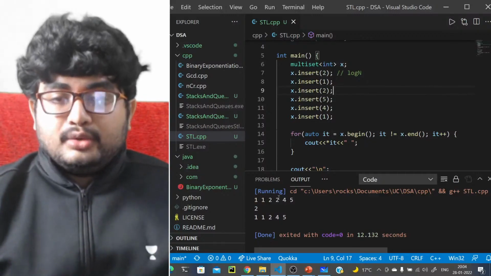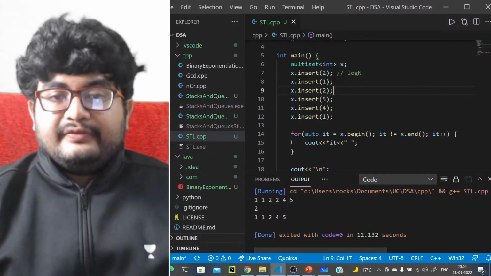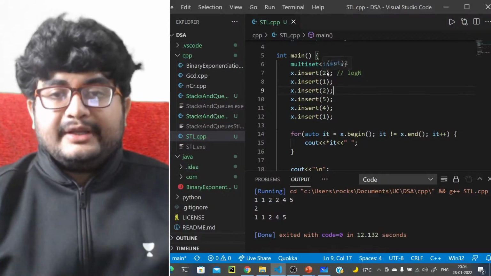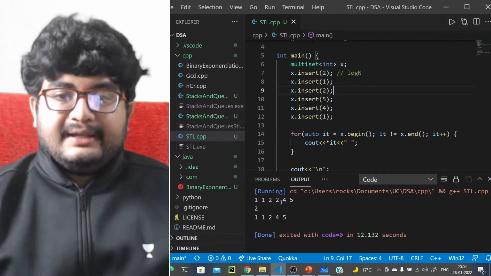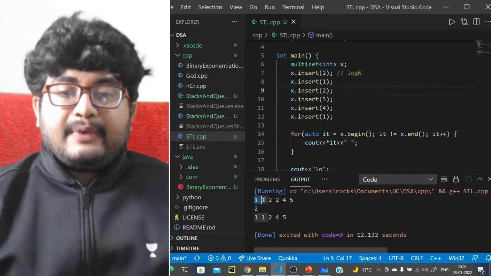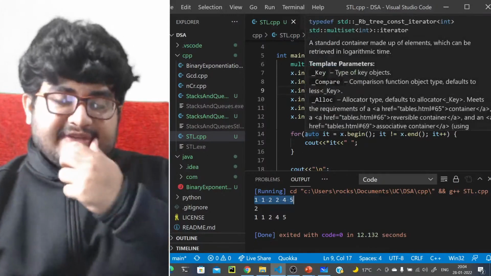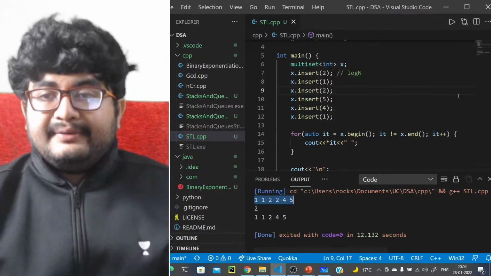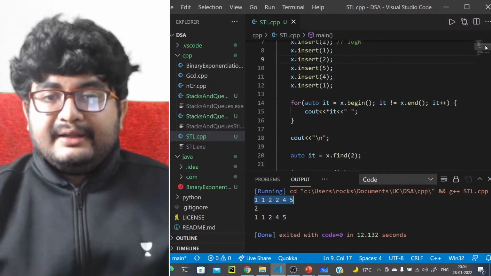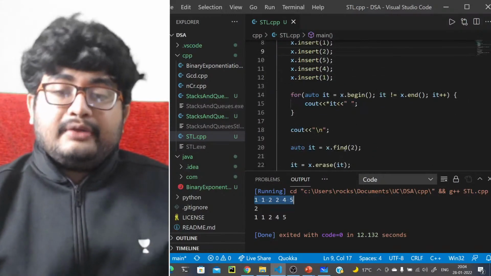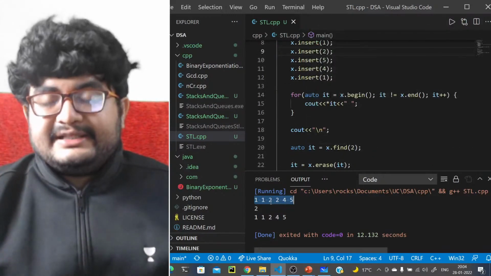Okay, 1 1 2 2 4 5, right? Now see, we are storing 2 1 2 5 4 1. It's stored in the ordered way 1 1 2 2 4 5, but all the occurrences of each element are there. Now you are finding 2. It will return the first occurrence of 2.